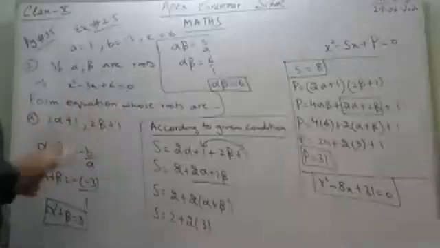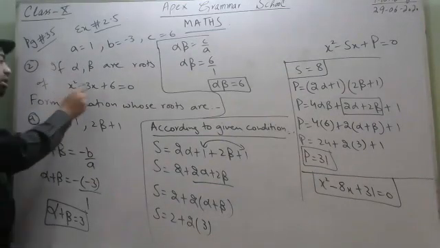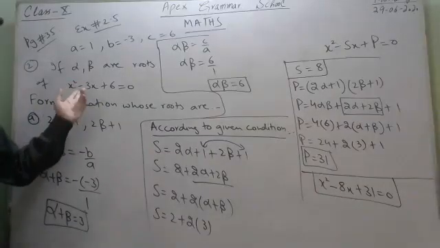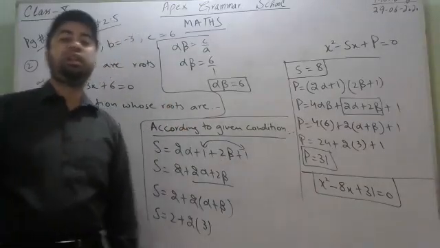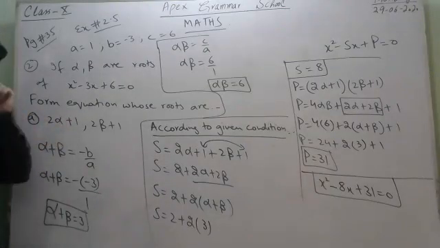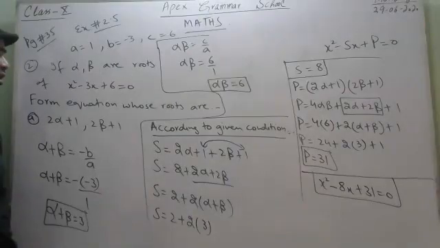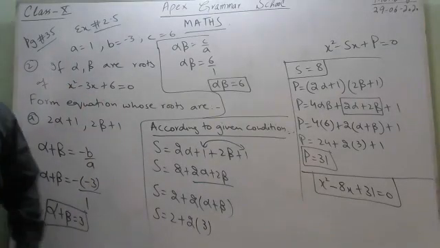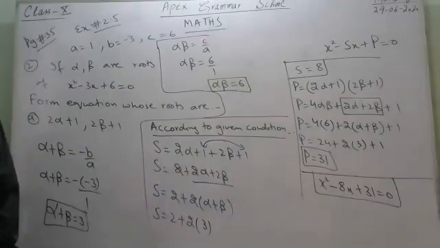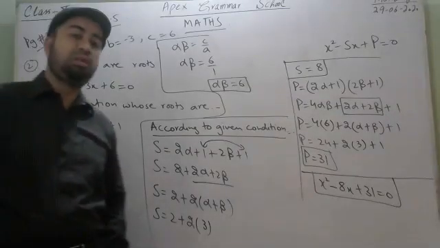Now you can see how much the difference is after changing the roots. x square minus 3x plus 6 is equal to 0 becomes x square minus 8x plus 31 is equal to 0, if somebody changes the roots scenario. I hope you got the situation, all the scenarios. This is very easy, a very interesting game, and this question is also very important from the board's point of view.